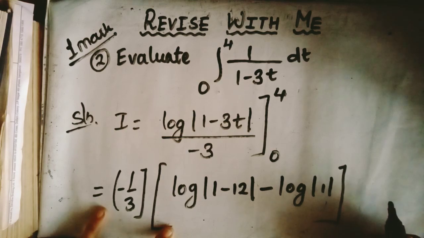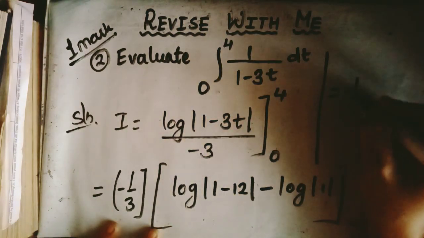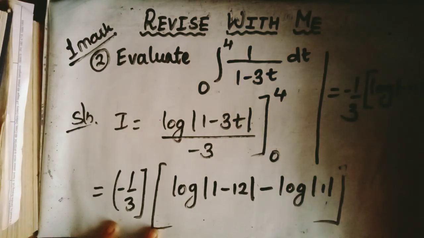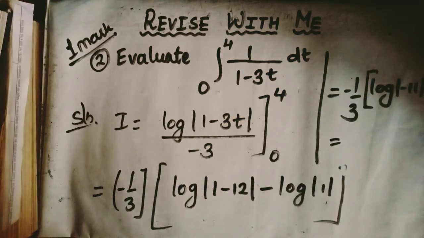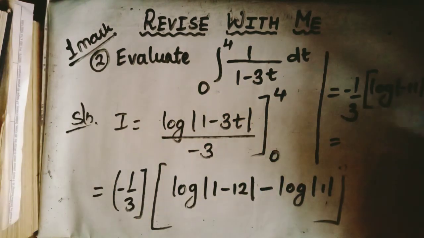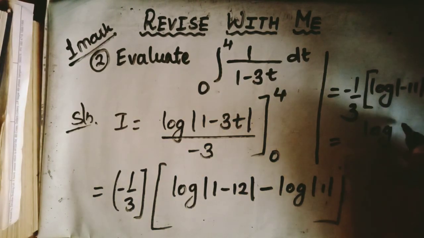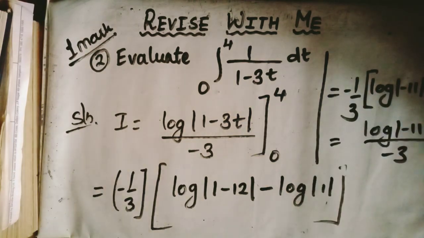Okay, so this is minus 1 upon 3 log of minus 11 minus log of 1. So log of 1 is 0, so this will be log of minus 11 upon minus 3. Okay,